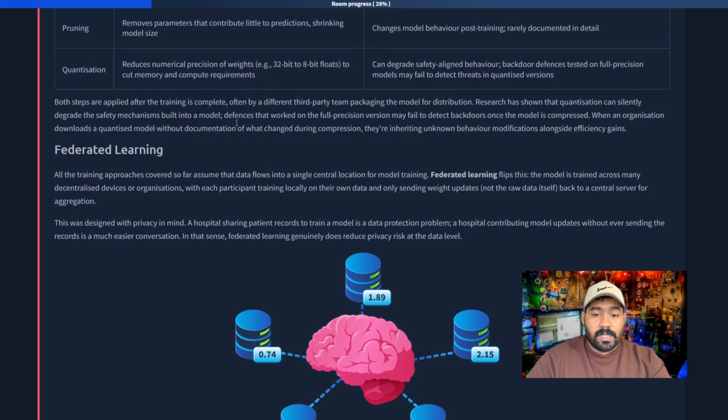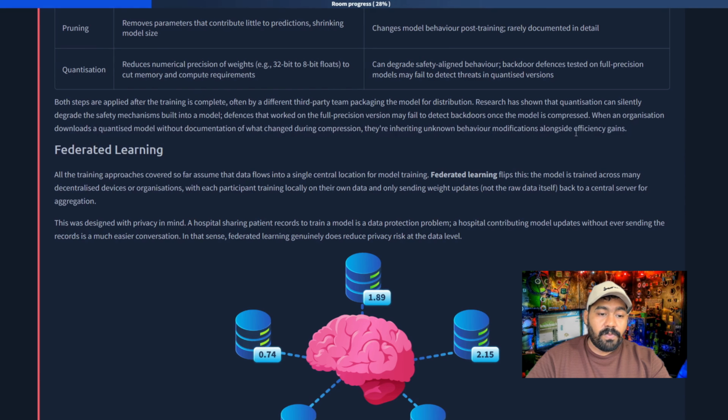Defenses that worked on the full precision version may fail to detect backdoors if the model is compromised. When an organization downloads a quantized model without documentation of what changed during compression, they are inheriting unknown behavior